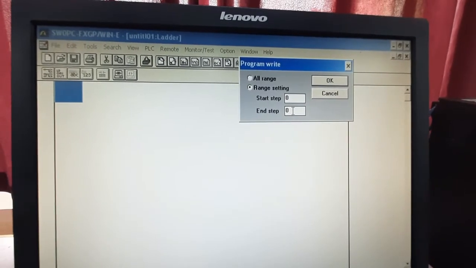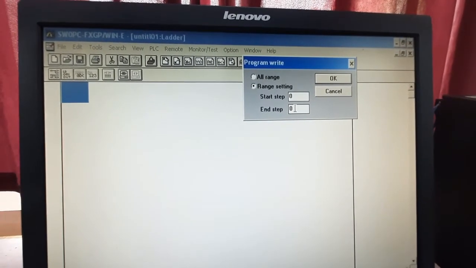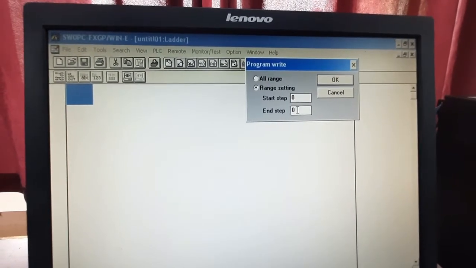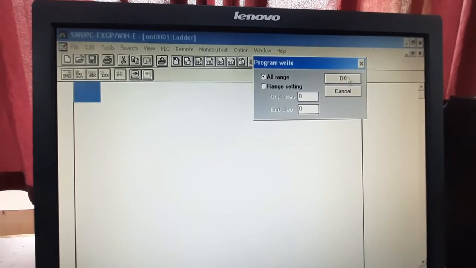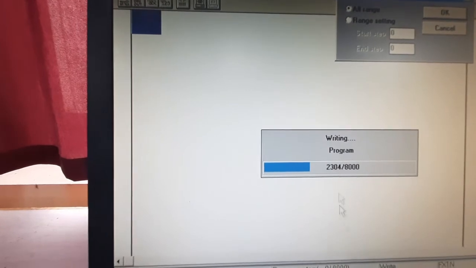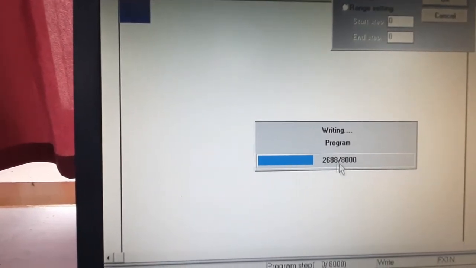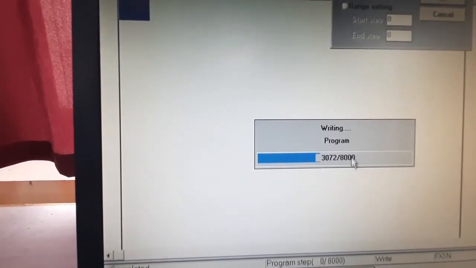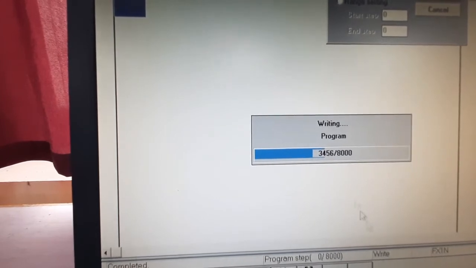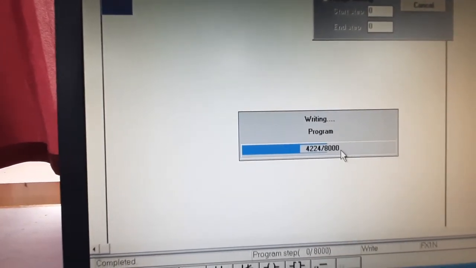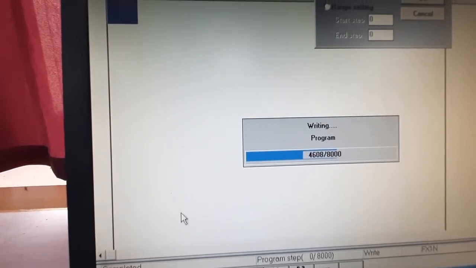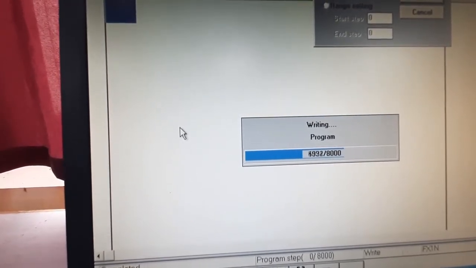Suppose you have designed n steps, then you give n, or n plus 3 or n plus 4. It is up to you. You can see I didn't select anything, so the machine is just going through all the steps installed in that machine. It will go through the 8,000 steps and execute them. Because nothing is written, it happens quickly.